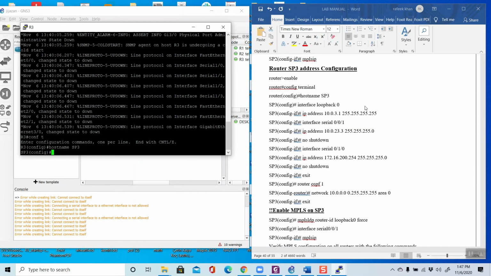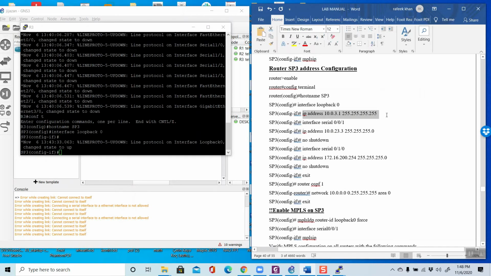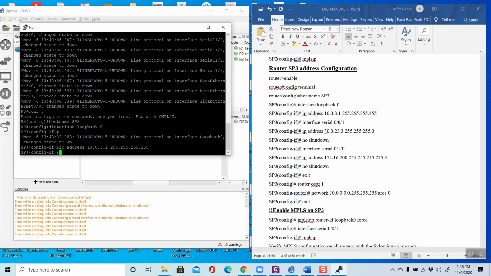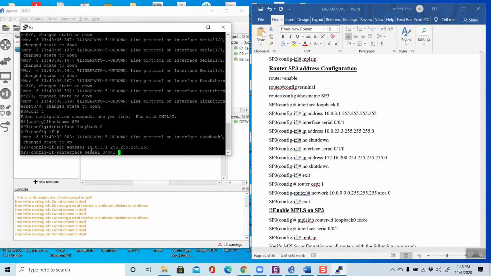Interface loopback 0, then paste this IP address here, enter. Serial 1, so you are using 1 1. Please, you have to remember this.